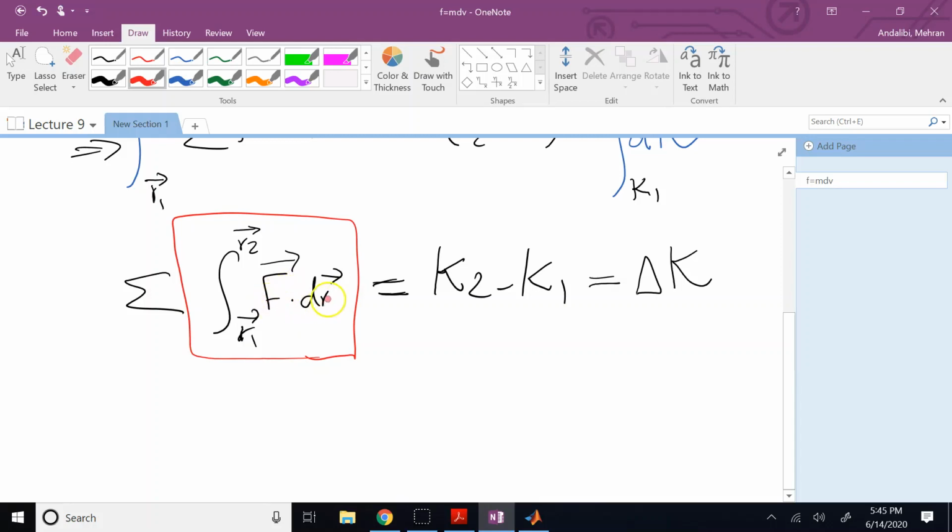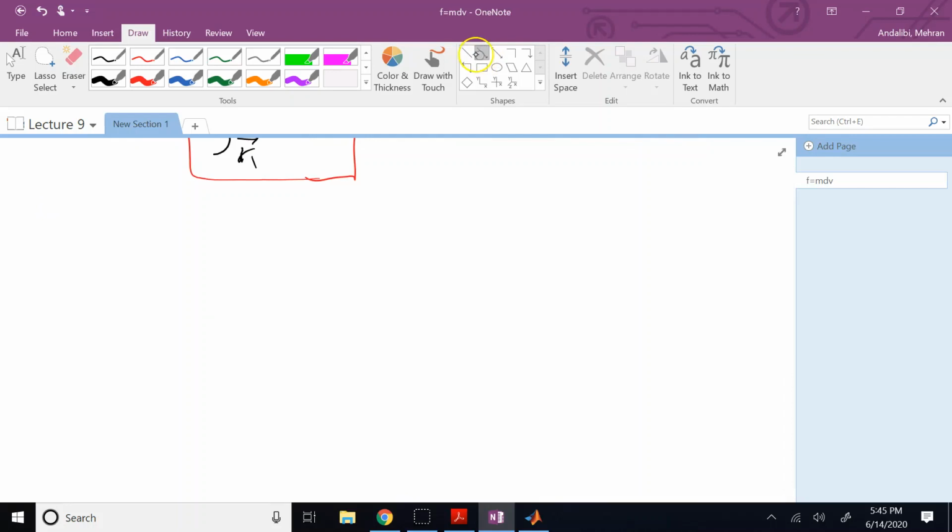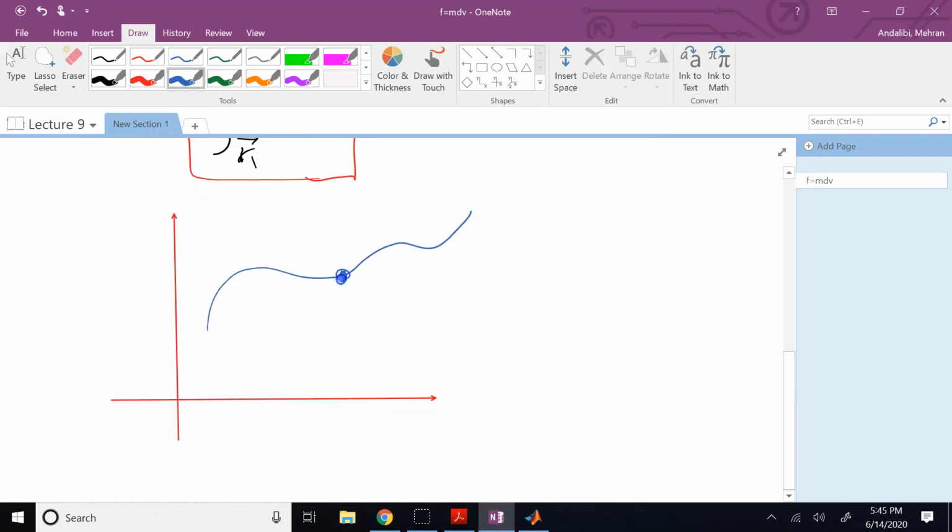Force basically times displacement times cosine of the angle in between, right? That's the dot product. Magnitude of force, magnitude of a small displacement, times cosine of the angle in between, and then sum it up over the whole path that the particle is moving on as it goes from position 1 to position 2, right? So if you have a coordinate frame here, and this particle is moving on an arbitrary path,